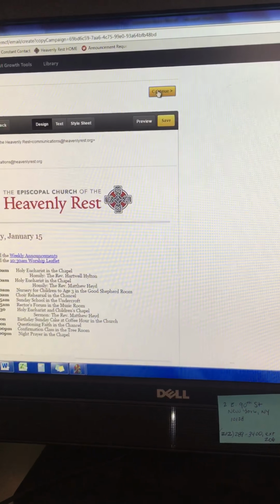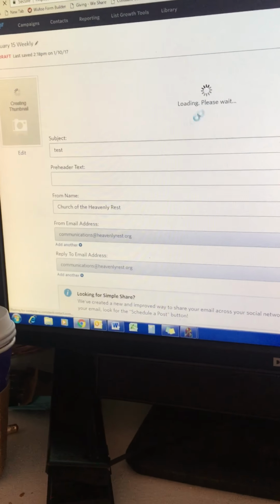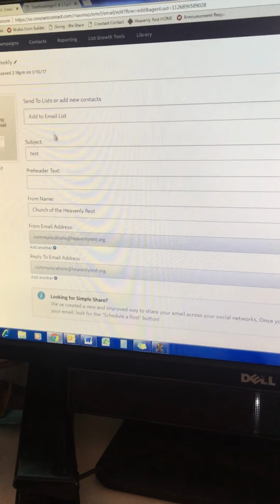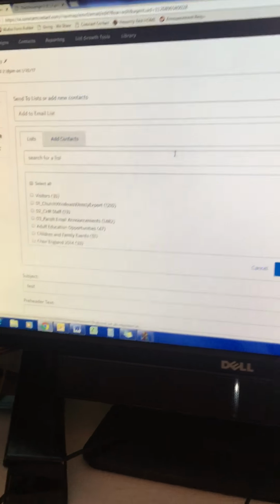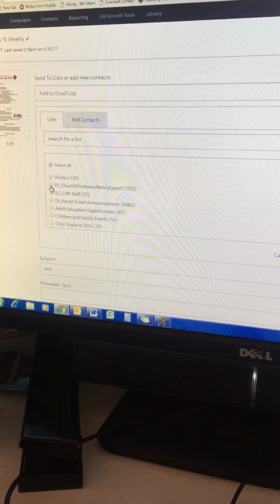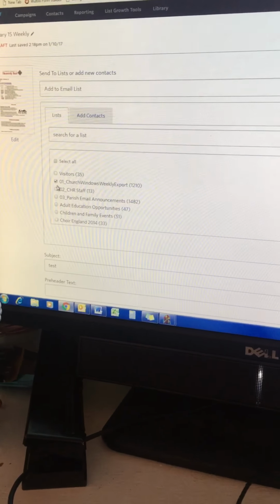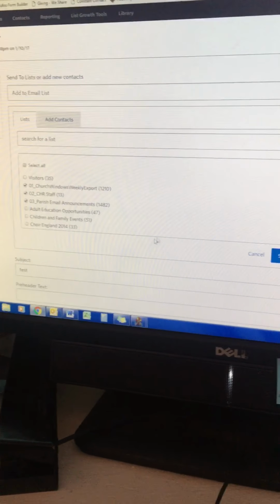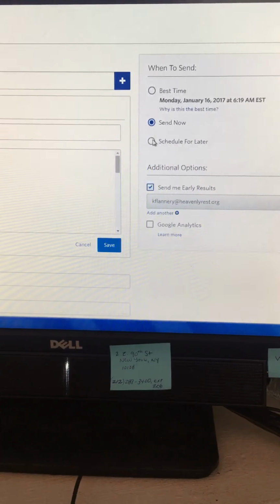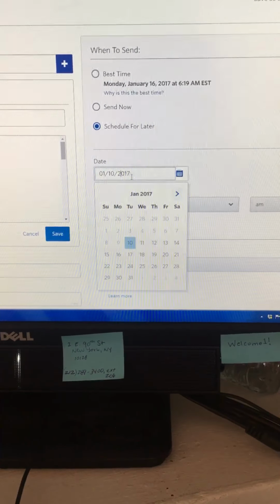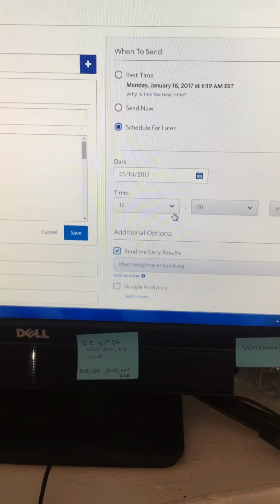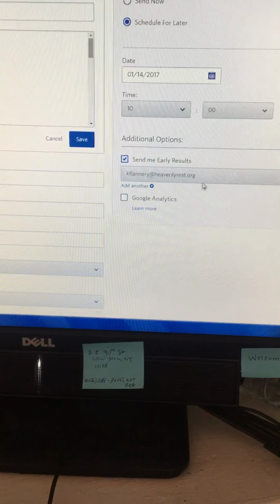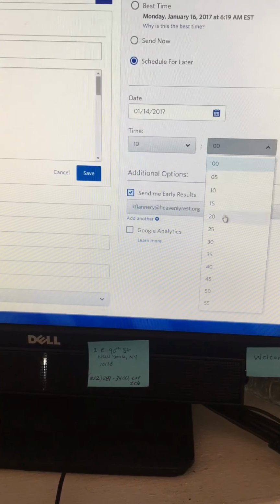Now we'll go up to continue. I'm obviously not going to send it because it's not finished and it's just a test. But when you're sending it, you need to add contacts. You're going to do the first 3 lists, not the visitors though. 1, 2, 3. And then you're going to schedule it for later. It's going to be scheduled for the Saturday before, at 10:30